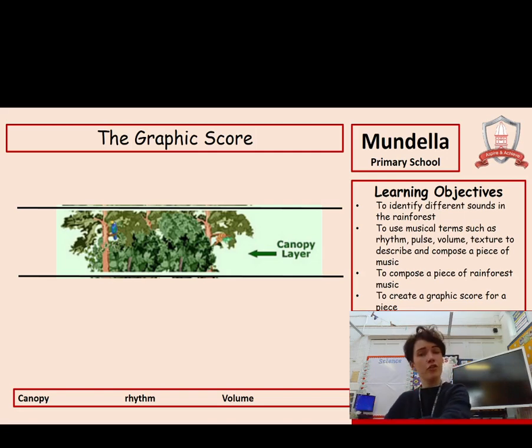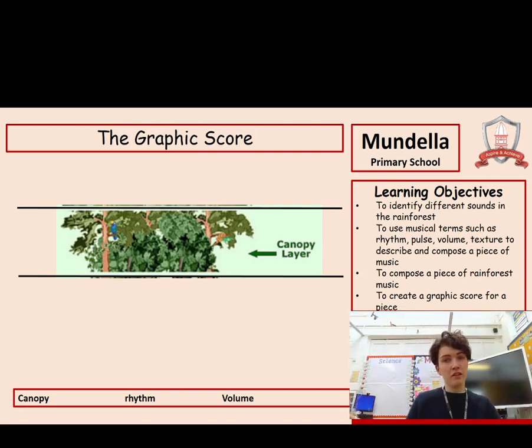That could be quite interesting. You don't have to do that. It's about a case of you experimenting with different sounds, trying to think, what do you want to get across here? It might be also that, as well as physical instruments or makeshift instruments, you can use your voice as well. So if I was trying to get across this bird sound, because that didn't quite work with the glass, that made a different sound. But if I wanted to make a bird sound, I could think about how I could use my voice to do that. So